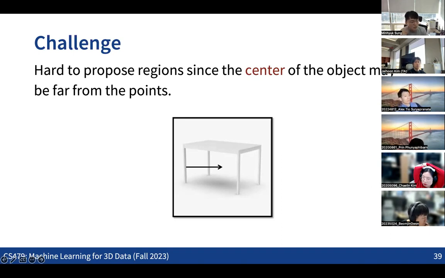So that's the problem when you have a point cloud instead of 3D voxels. In the case that you have 3D voxels, the anchor boxes of some of the voxels near the center might be able to cover the entire bounding box of the table. But when you only have samples of points over the surface of the shape, the anchor boxes of the points may not be aligned with the bounding box of the entire object, especially when the center of the object is really far from all the points of the surface of the shape. So this is the issue when you directly apply the idea of Fast RCNN in the 3D case.